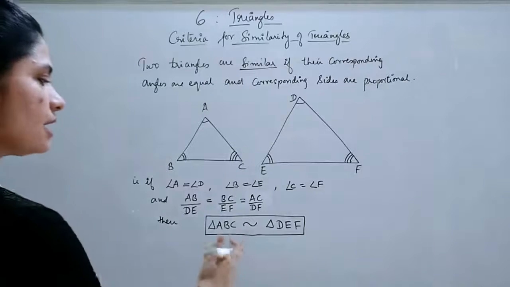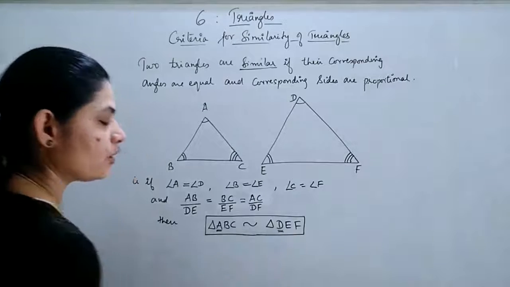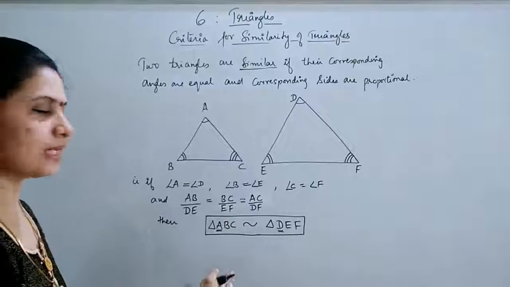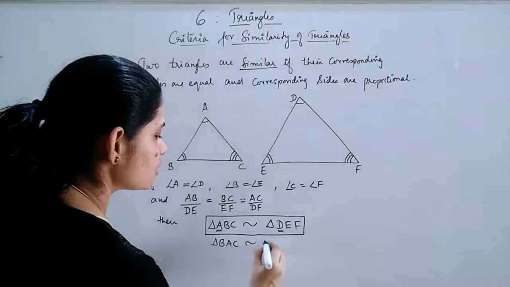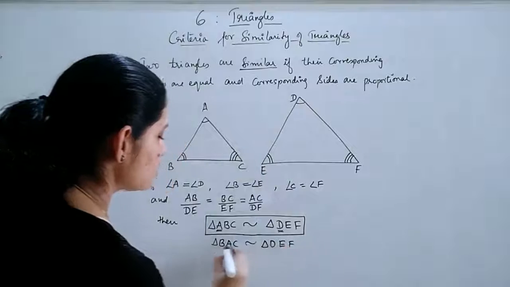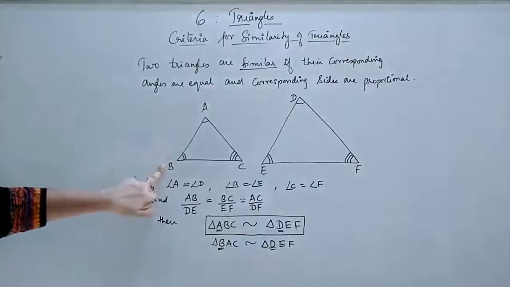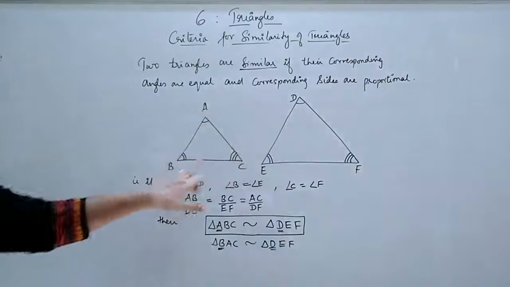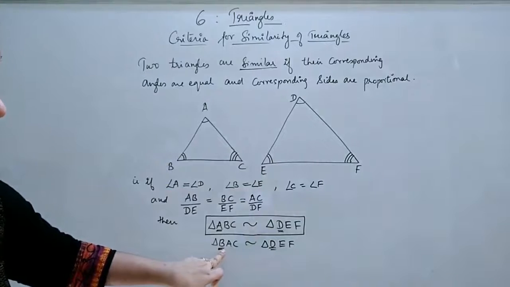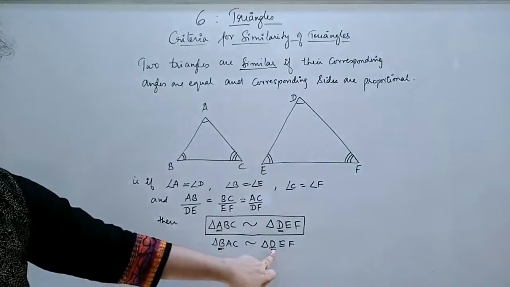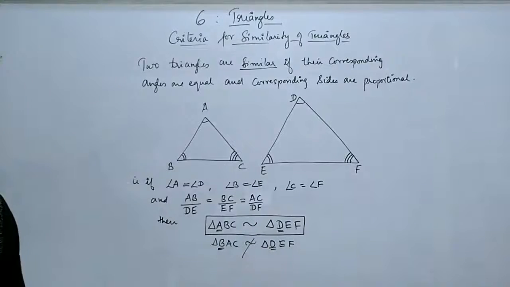Now I can just write ABC, that is, wherever we write A it should be replaced with D in order to show that similarity. That means I cannot write triangle BAC is similar to triangle DEF because B does not correspond to D. You just see B is here and its angle is not equal to angle D. Its angle is matching with E. So wherever we are writing B, we have to write the corresponding E there. So this is not correct.